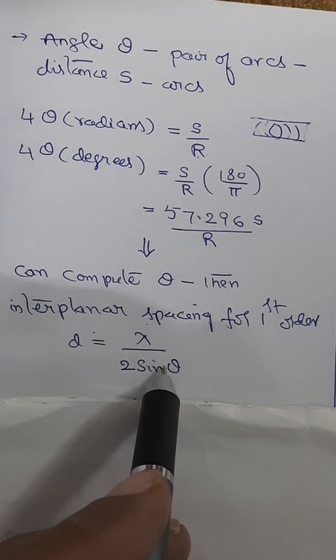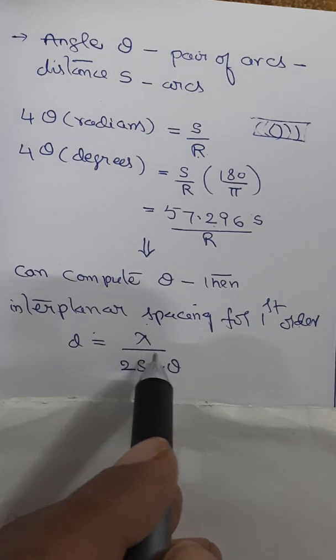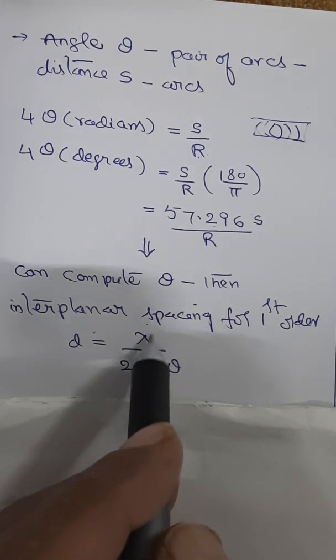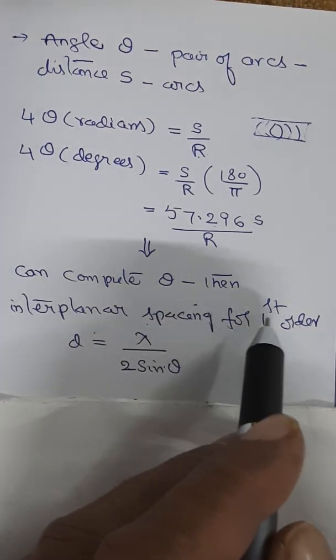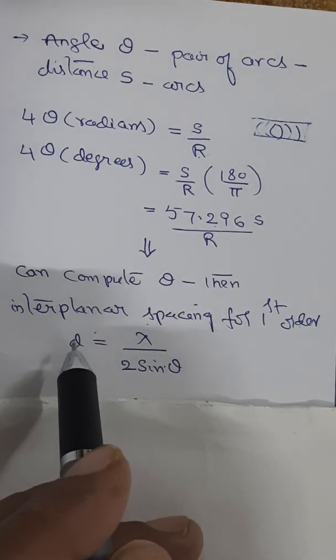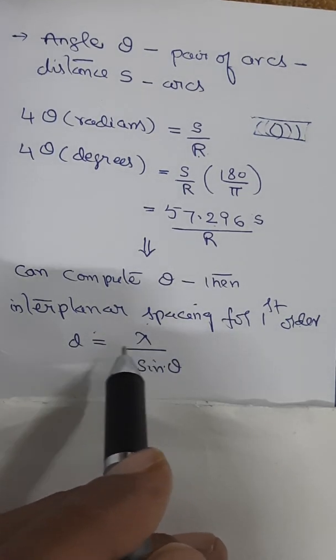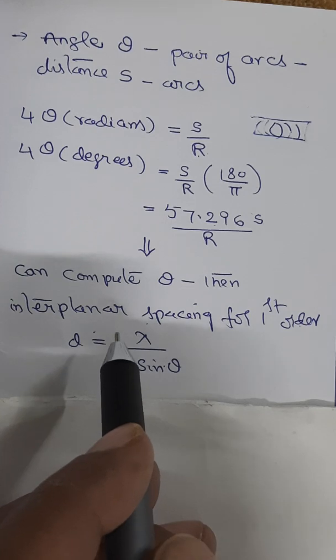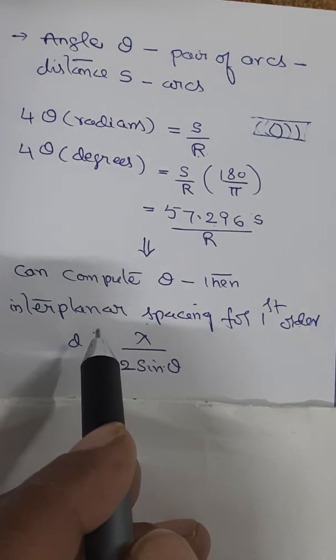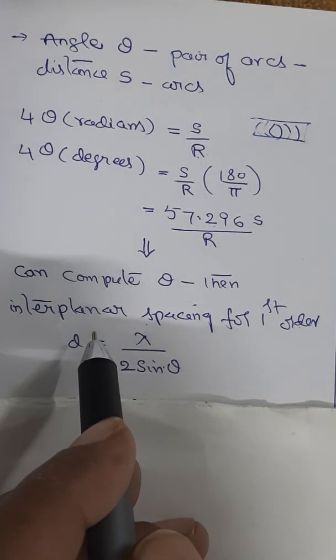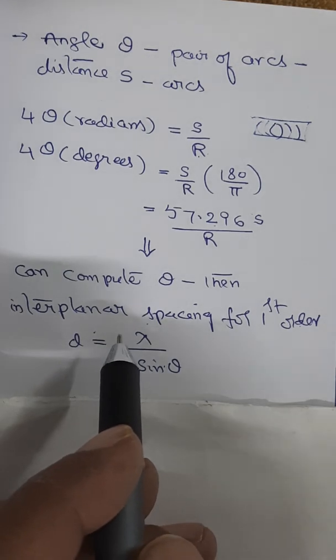Because it is coming from 2d sin theta equal to n lambda. Right? 2d sin theta is equal to n lambda. For n equal to 1, that is the first order, you can calculate the interplanar spacing. So this is what basically you can find, the interplanar spacing value, through the powder method.